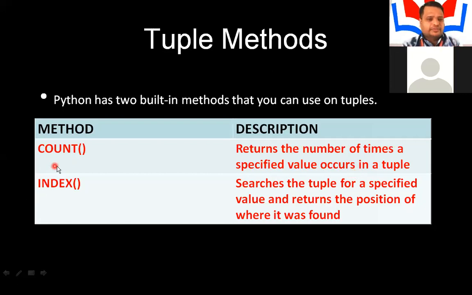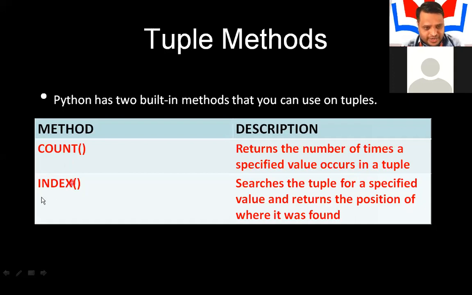Count, the name itself indicates it, right? Suppose I tell you to count how many lecturers are taking the online classes right now, you will say 1. According to the array, you will say 0. So like that, count here is nothing but counting the number of times a value has occurred.